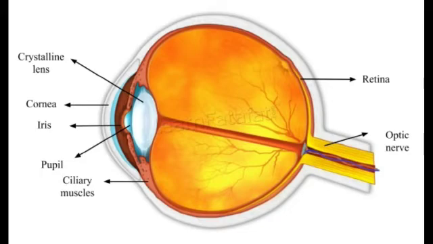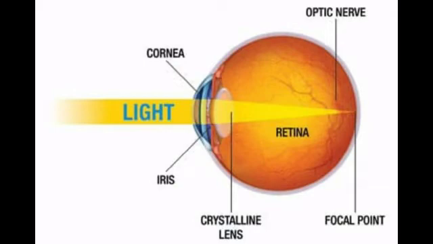Now shall we go on into the working of the eye. The transparent layer cornea bends the light rays through pupil located at the center part of the iris. The adjusted light passes through the eye lens. Eye lens is convex in nature. So the light rays from the objects are converged and a real and inverted image is formed on retina. Then retina passes the received real and inverted image to the brain through optical nerves. Finally, the brain senses it as an erect image.